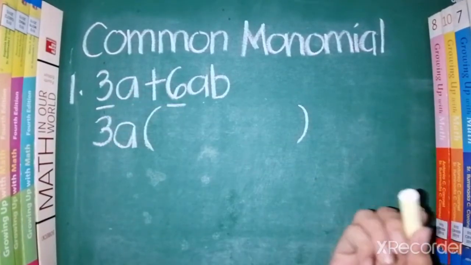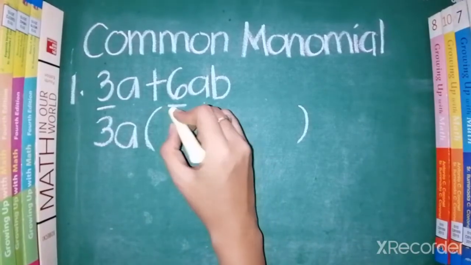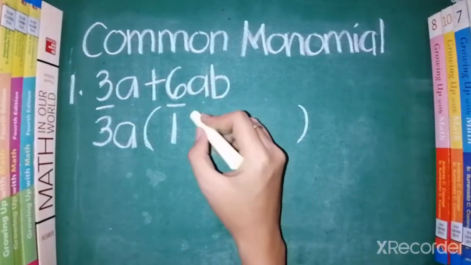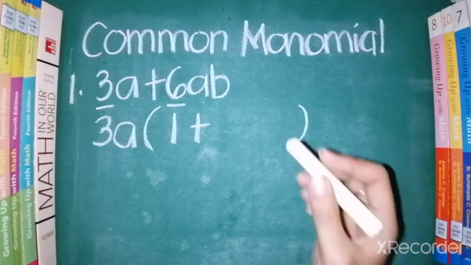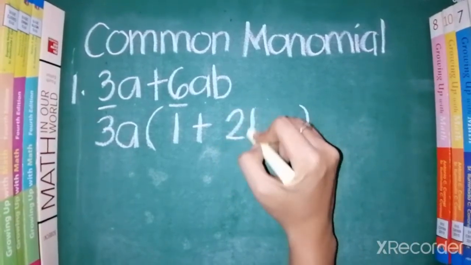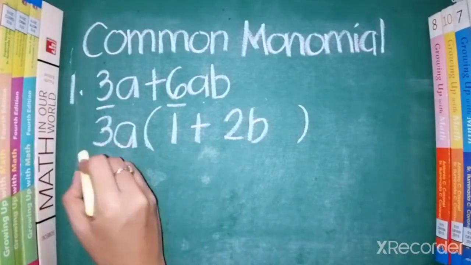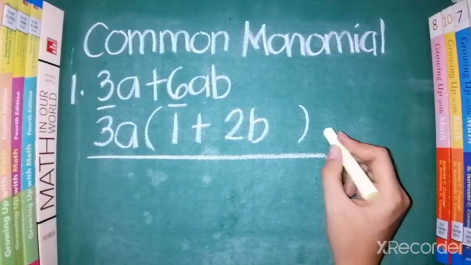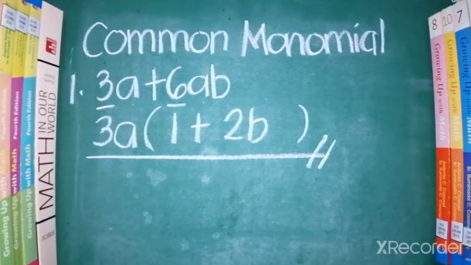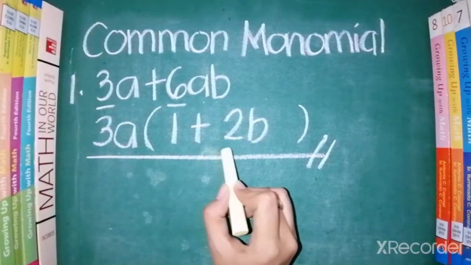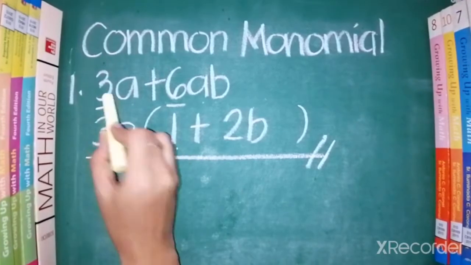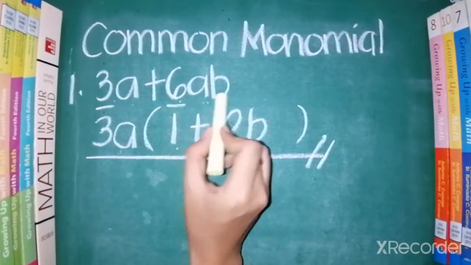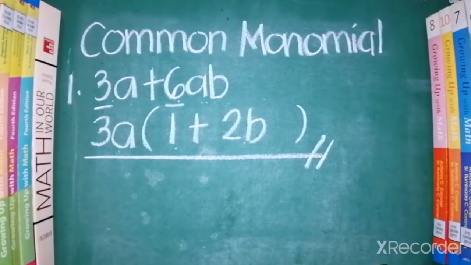So 3a divided by 3a, that is, very good, 1. Copy the sign, which is plus. So 6ab divided by 3a. Very good. We have 2b. So that is our answer. 3a quantity 1 plus 2b. To check, you're just going to multiply 3a to the numbers in the parentheses. So 3a times 1, that is 3a. 3a times 2b, that is 6ab. Okay? So next example,